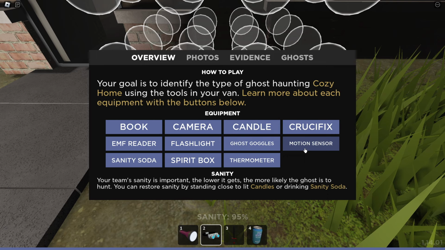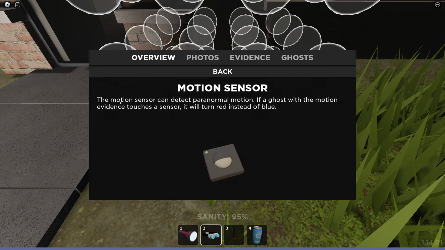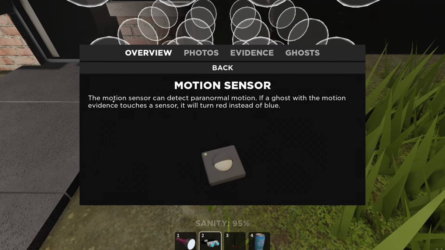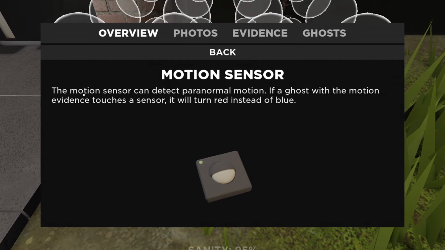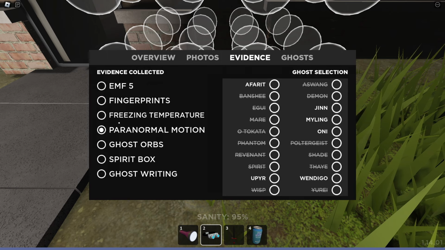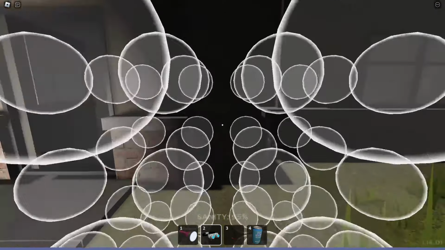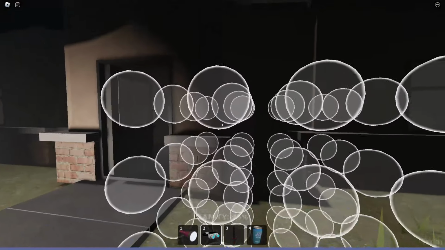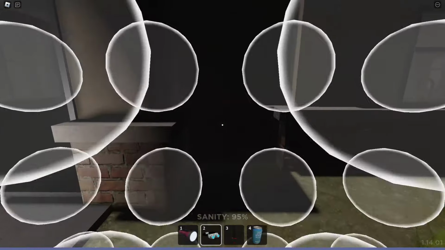and how to properly use the motion sensor item, which is quite simple, as we could just read up on it right here. The motion sensor can detect paranormal motion. If a ghost with the motion evidence touches a sensor, the sensor will turn red instead of blue. What this means is if the ghost has this evidence checked off and walks through this sensor, these little circles will turn red. If the ghost does not have the evidence and they walk through the circles, they will turn